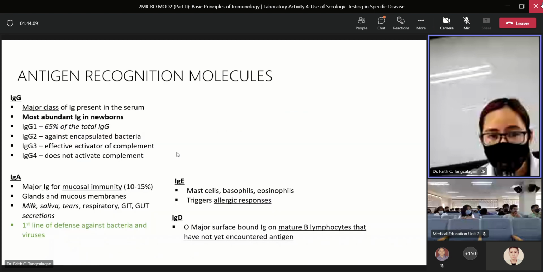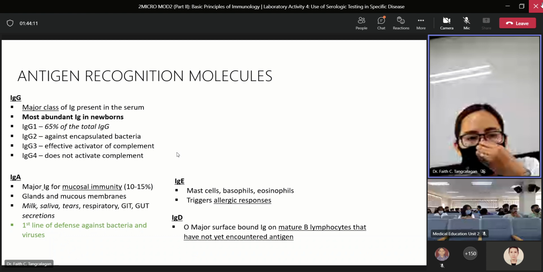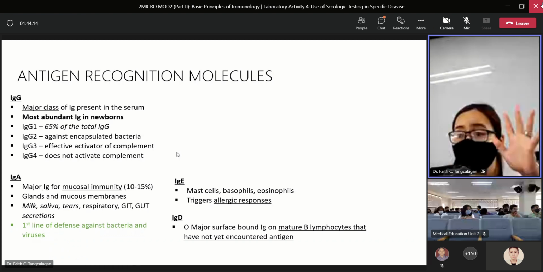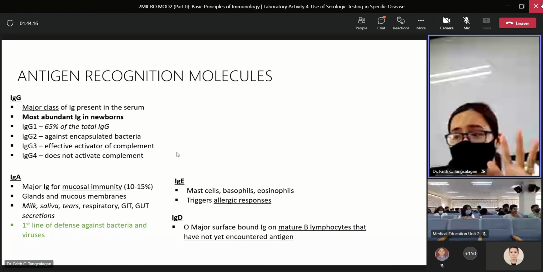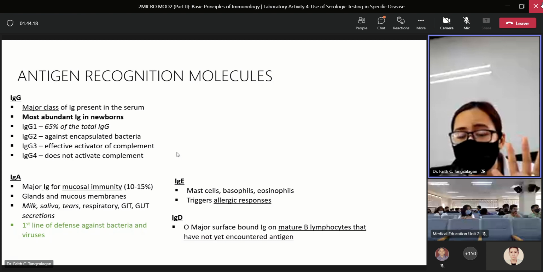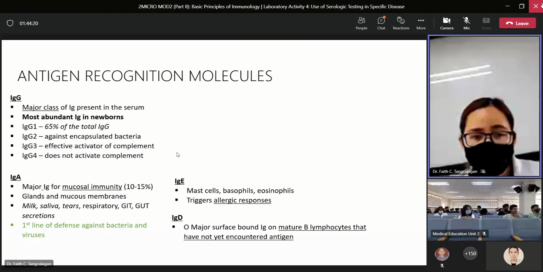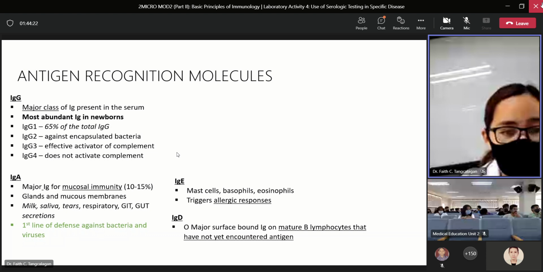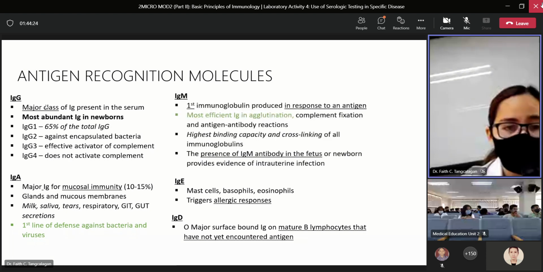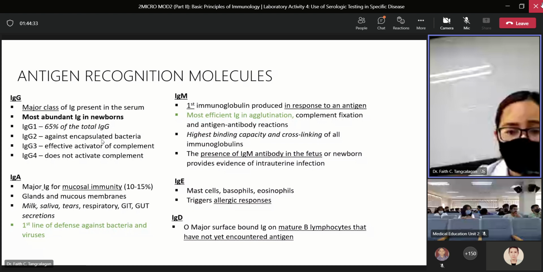So your antigen recognition molecules are subclassified into five, right? So what are those? Your IgG, IgA, IgE, IgD, and your IgM. So first is your IgG. What is IgG? Those are the major class of your immunoglobulin. They're actually present and predominant in the serum. Okay, they're the most abundant